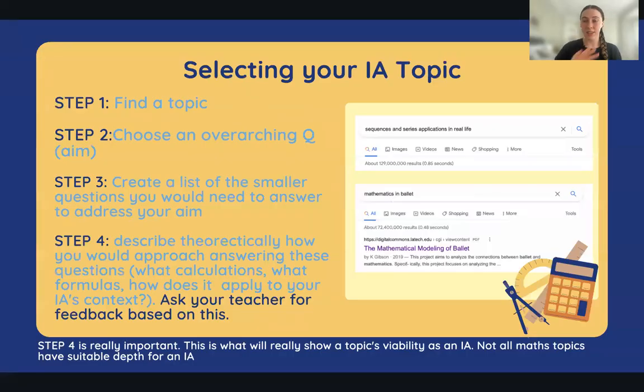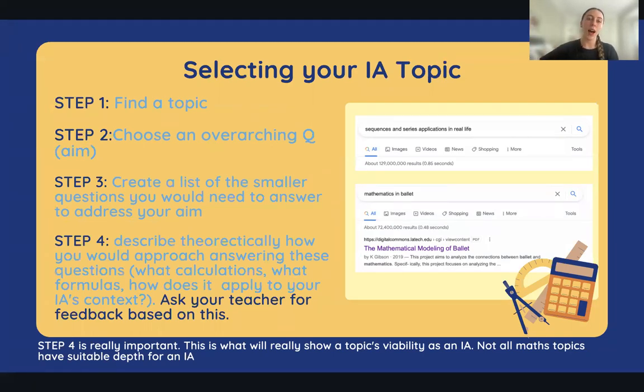So that's kind of the end of the objective part of this video, where I'm just going through what it is and the marking criteria and all of that. So now I'm going to have a bit of a chat about my whole process of going through the IA, from start to finish, how I figured out my topic all the way to writing